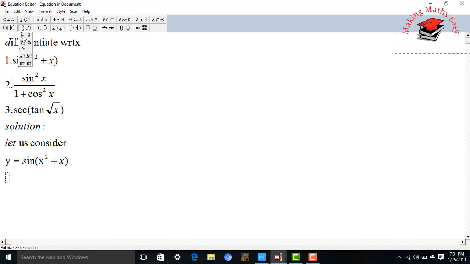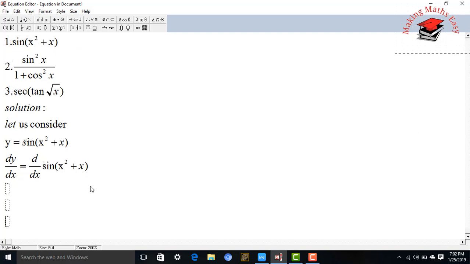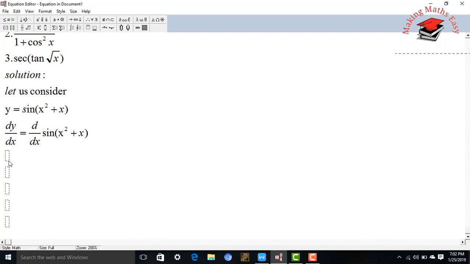So dy by dx will be equal to d upon dx of sine of x square plus x. We know the derivative of sine theta will be equal to cos theta. So I will write here cos of x square plus x,